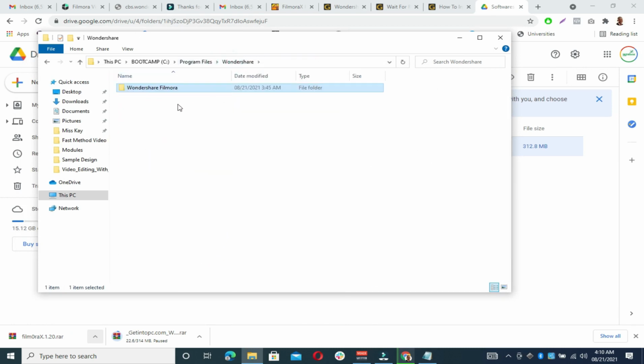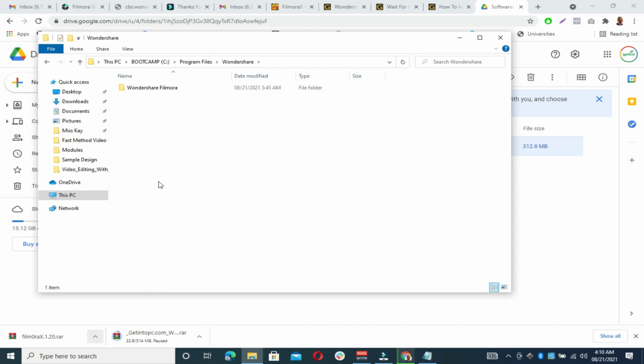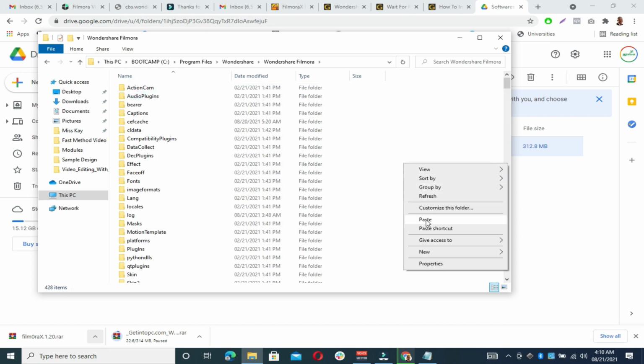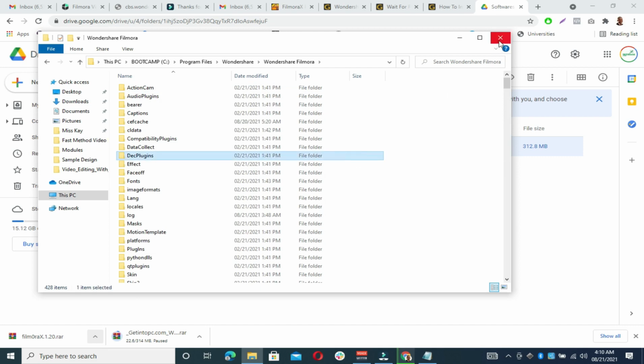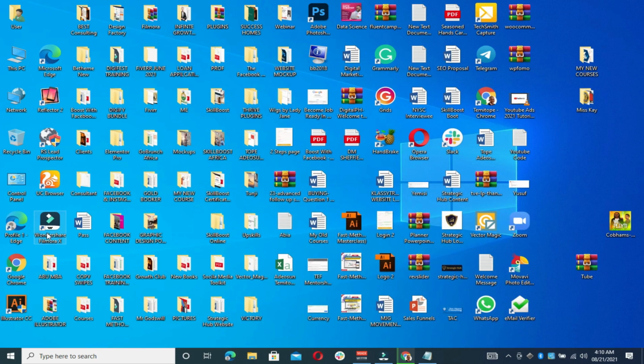Click on Wondershare, then click on Wondershare Filmora, then paste everything that you've copied from the solution here. And once you paste it, you can now start your Filmora by clicking on the icon or